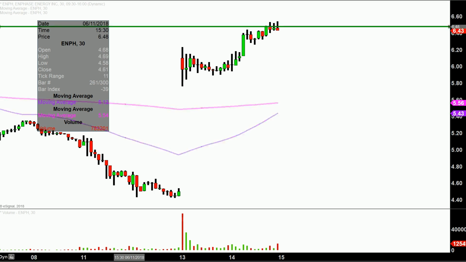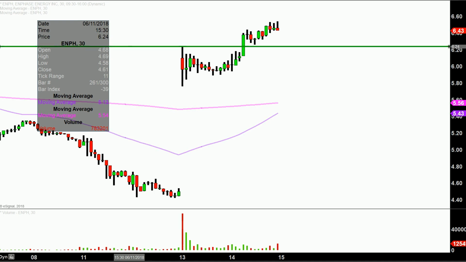I mean, if you say, hey Clay, what would make this chart look the absolute strongest going forward? That would be if the price can stay up above $6.25. Now, don't get me wrong. If the price falls below $6.25, by no means am I saying the entire chart's ruined or anything like that. But yeah, if the price can manage to stay up above that level, that would certainly be a huge sign